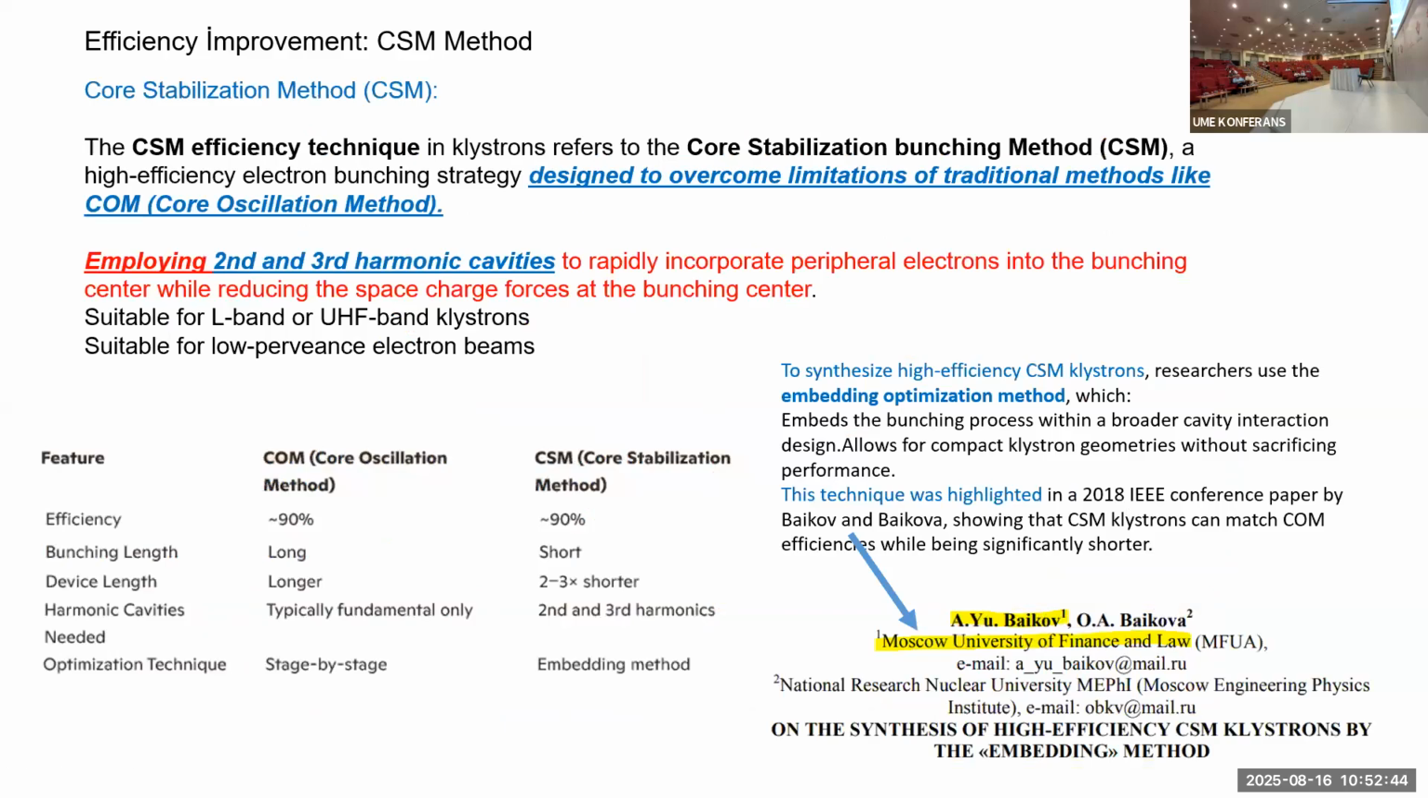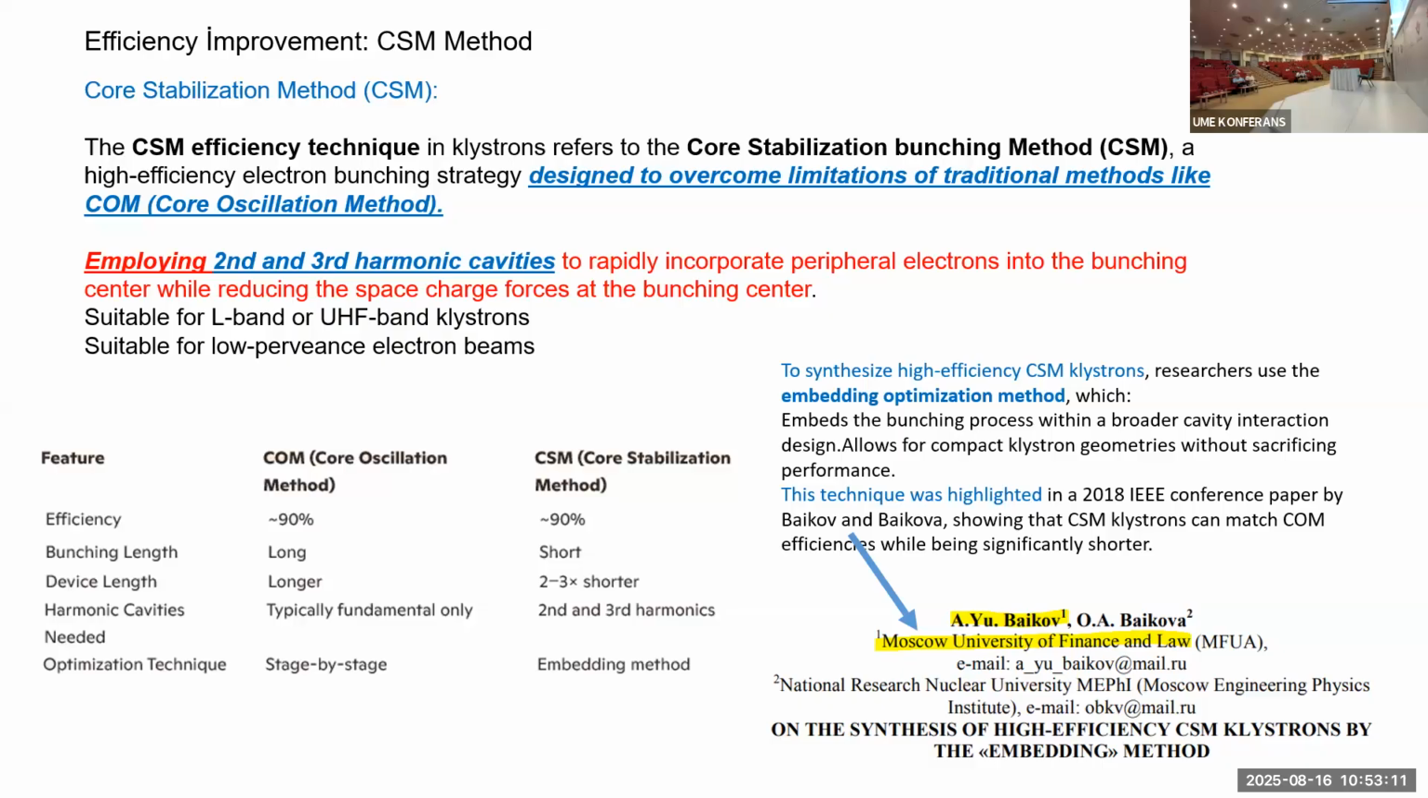And the third efficiency method is the CSM, the core stabilization method. I don't know, maybe they mentioned some errors of the Bunching method, and it can be used together with that one. And the core oscillation method